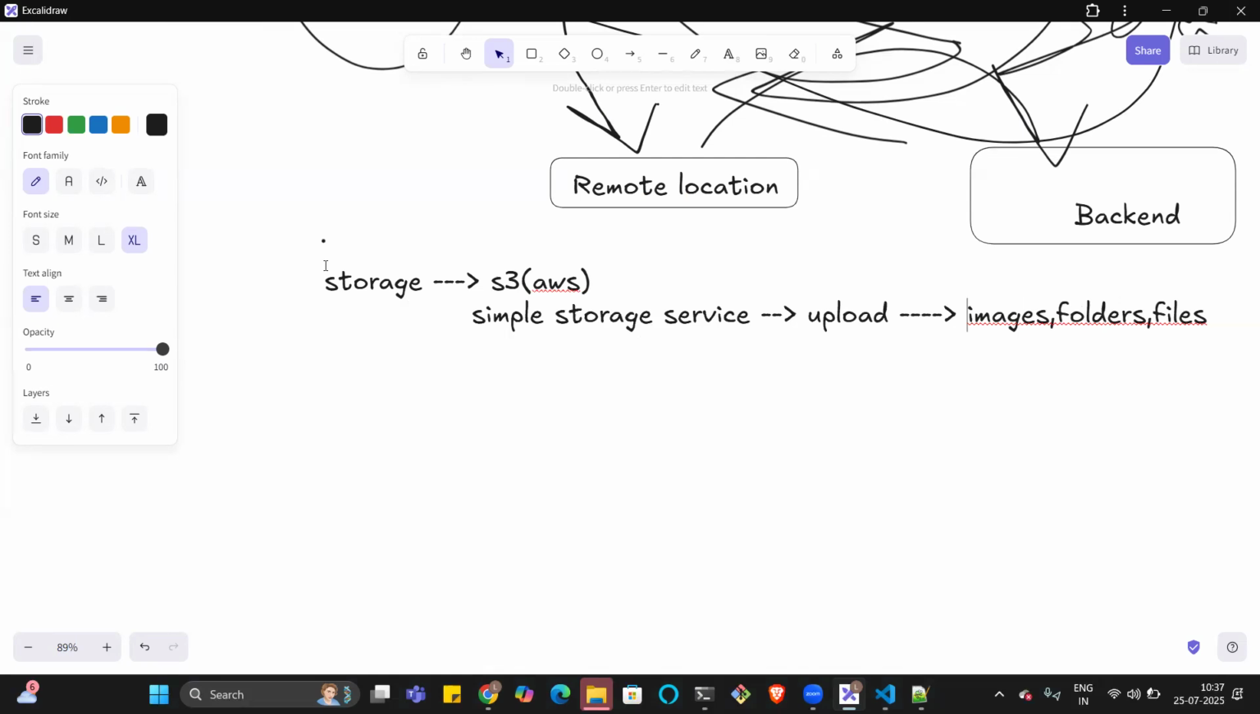Understood my point? Understood, sir? Your S3 bucket supports images and files and folders and raw data files, everything is stored in the S3 bucket. Okay. Your AWS S3 bucket is